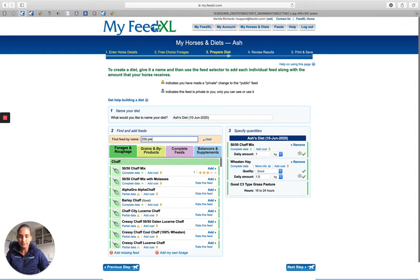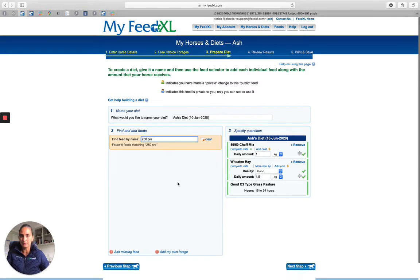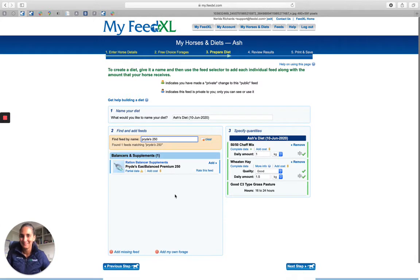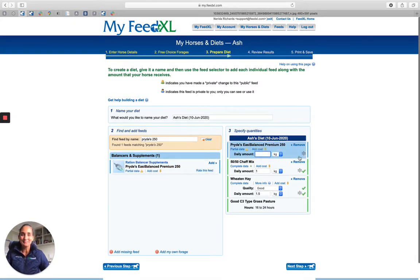So if we look for one that's called 250, Prides 250. Here we go. Premium 250. So if we find one here, the feeding rate for this one is 200 grams per 100 kilos of body weight. So that'll put us, if we put her in at 850 grams